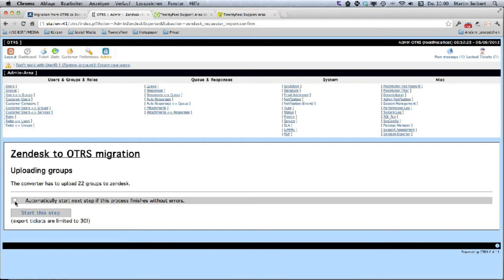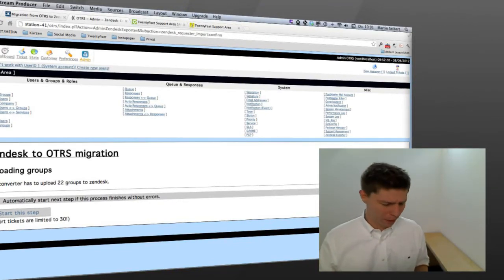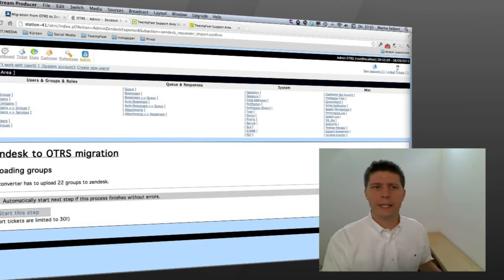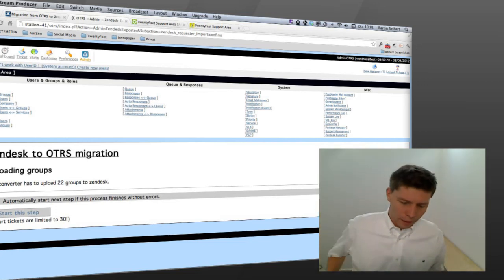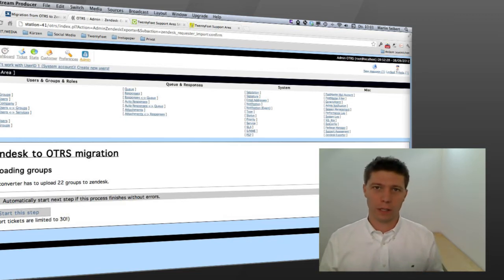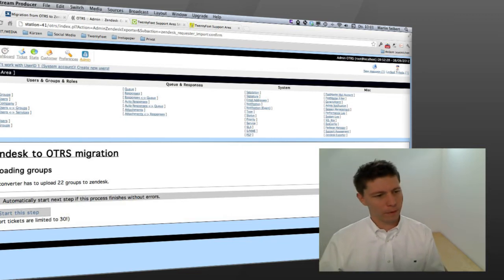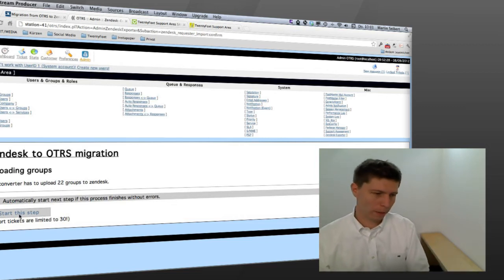Actually, I didn't explain that. There's an option: automatically start next step if this process finishes without errors. We didn't have a step that finished with errors yet, but if you are on a very big instance, then you might have to wait. We had instances from OTRS where we imported data into Zendesk with 20,000 users and 60,000 tickets, and this is my mobile phone, I'm very sorry, like 250,000 comments, and it took a week, day and night, 24 hours a day to upload all this stuff. Then it becomes very interesting that you can automatically switch to the next step. But basically you have to wait until it's ready, then you probably want to look at the errors, and then